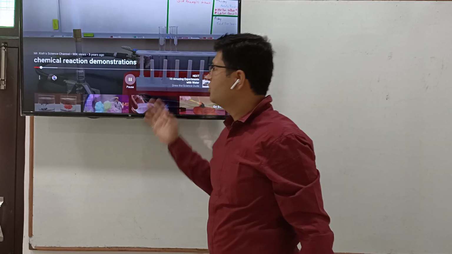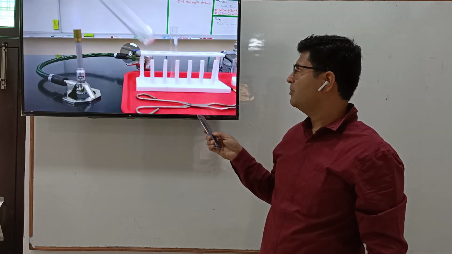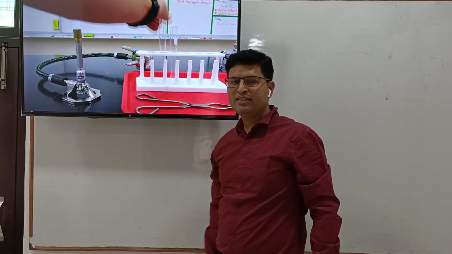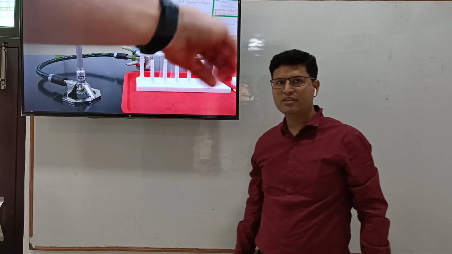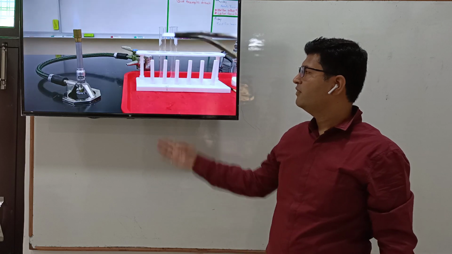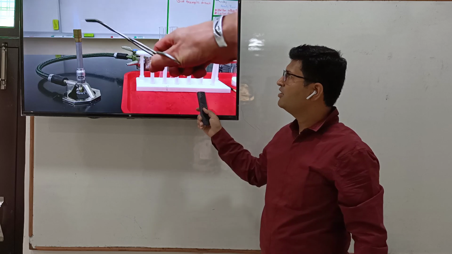Hello students, today we will discuss chemical reactions and equations. In this chapter, we will discuss some important activities regarding chemical reactions and equations. The first activity is that we are taking a magnesium ribbon, and the magnesium ribbon we have